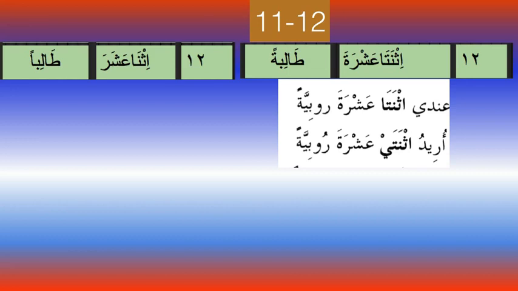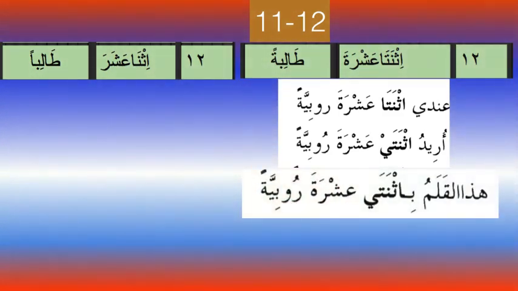So if you want to say uridu, I want, ithnathay, see, ithnathaini will become ithnathay عشرة روبية. So I want 12 rupees. So or you say هذا القلم باثنتي عشرة روبية. This pen is for 12 rupees. So if you see, the alif is sign of marfu and ya is the sign of mansub and majrur. So this is decline, and rest of the numbers from 11 to 19 will